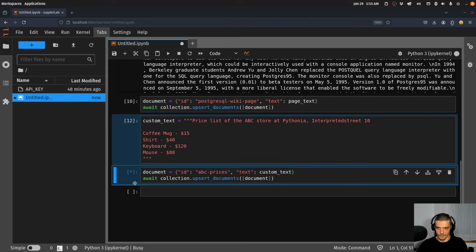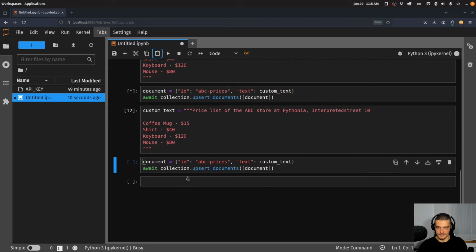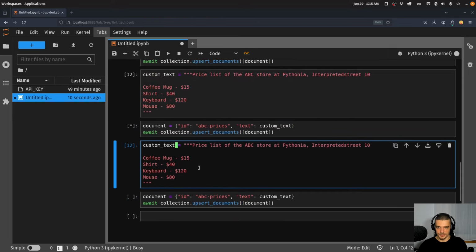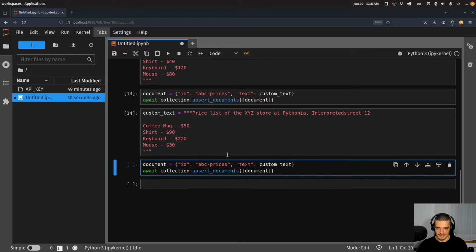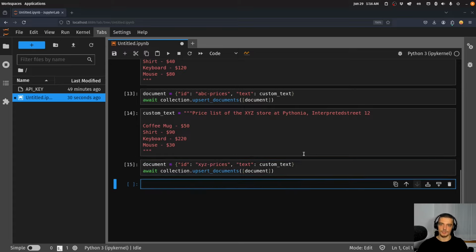as well. Now I can copy these two cells, can paste them, and I can do the same thing now with another custom text. I can call it the XYZ store, which is at interpreted street 12, and it has different prices. Let's say the coffee mug is 50, the shirt is 90, the keyboard is 220, and the mouse is, let's say this one is cheaper, let's say 30. And then I can say that this now has the ID XYZ prices. All right, so I added a couple of documents to our database, and now we can use GPT to answer